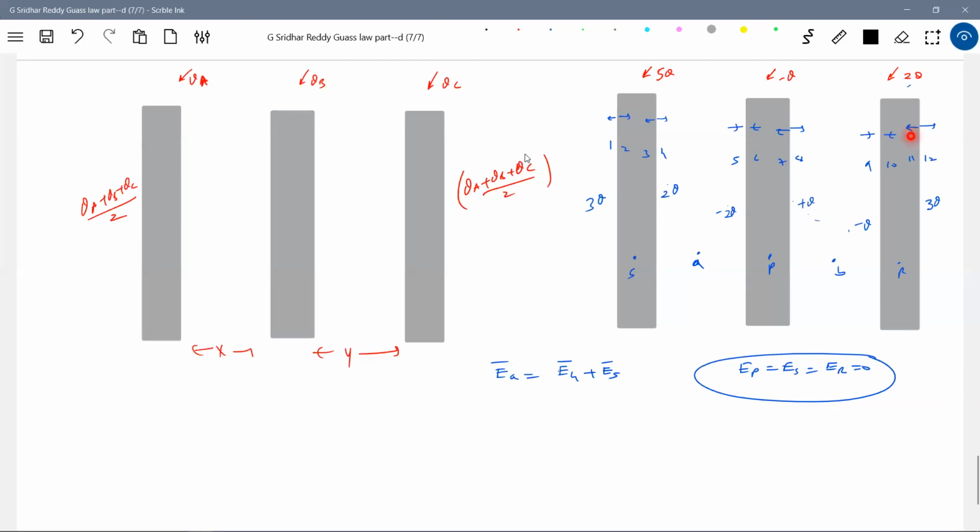No need to bother with all. The books have given this method: the field at A by these two plates. The students will get confused. So can't these charges produce a field? My dear, in fact they will produce, but the field due to 2 and 11 will get nullified here. That's why the books have given directly the shortcut method. If I say 2 and 11 will not contribute, that is wrong. 2 and 11, in fact, do contribute, but the net by 2 and 11 will be 0. Am I right? Justified writing, yes.